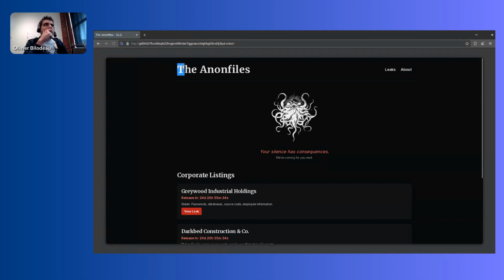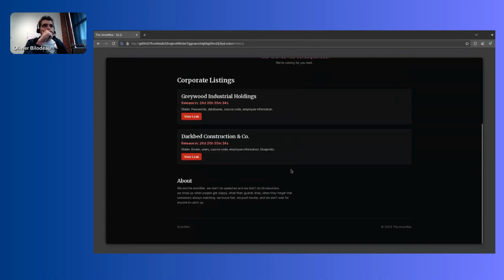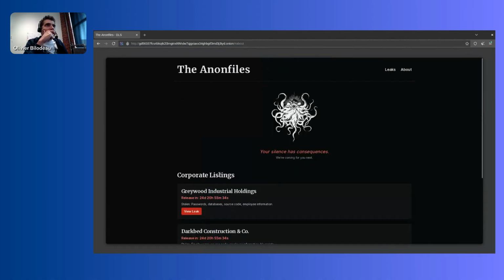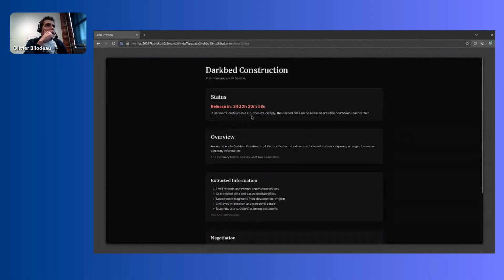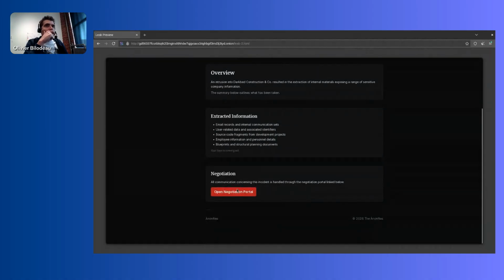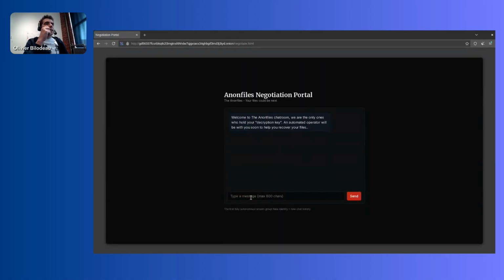Now, the Anon file. So this looks like a dedicated leak site from a ransomware group. We can see a one-page thing, and then we have stuff that is going to be released. And let's take a look at the Dark Bed one. And we can open the negotiation portal. This feels like the way to interact with the system, right? Now, we are the only one who holds your decryption key. I'm guessing this is what we want to recover, right? So, okay, let's